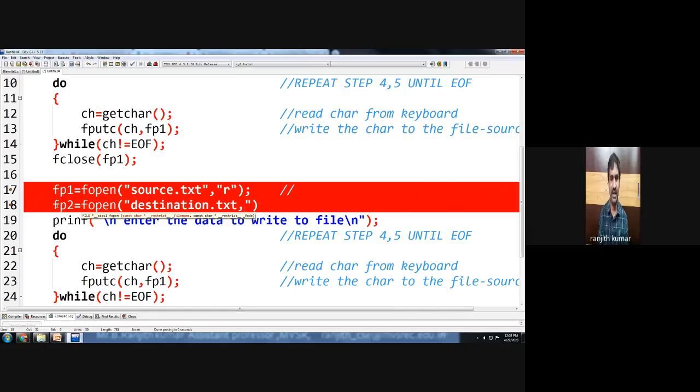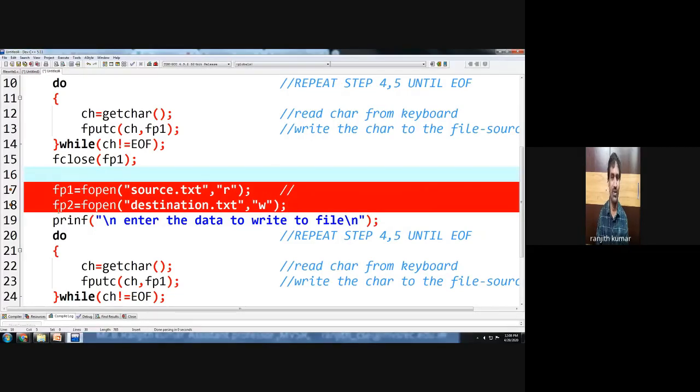And which mode will it be? The first file is opened in write mode and the second file is opened in read mode.